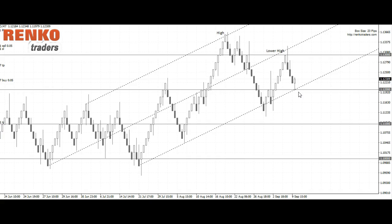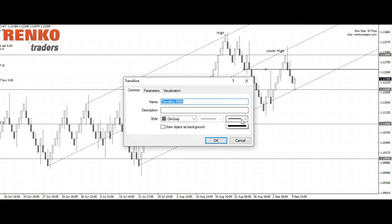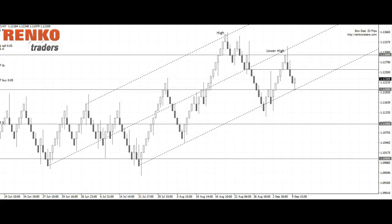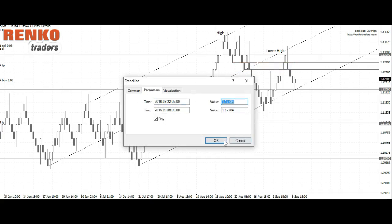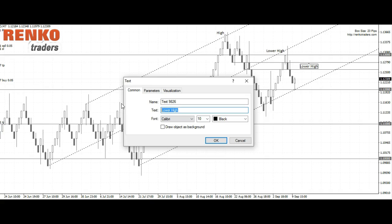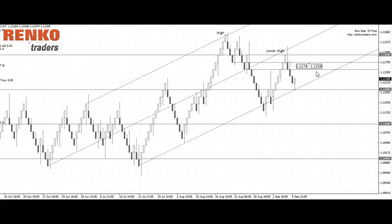Now you could probably expect the euro to creep up again, and if there is any hope for the euro to make a small retracement, it's quite likely that we would see a move to 1.1258 and maybe to 1.1278. So this is the level to keep an eye on